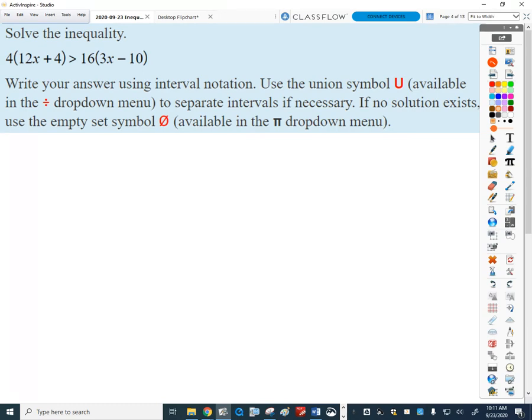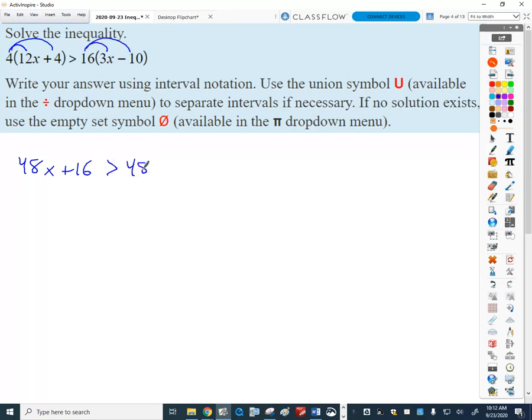Solve the inequality. So what do we have to do here? What are we going to do? We're going to have to do some distributing, aren't we? We have to simplify each side first so we can distribute the 4. If I distribute that 4, I'm going to get, correct me if I'm wrong, 48x plus 16 is greater than